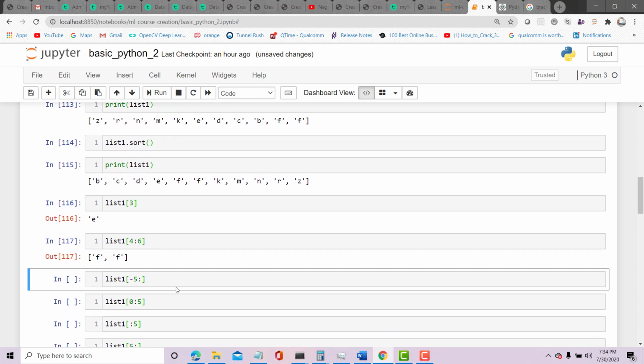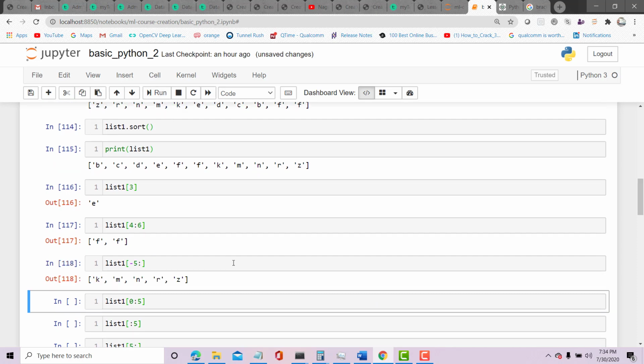Okay, let's say I want to print the last 5 items. It should be -5 colon. So I see the last 5 items, which is K, M, N, R, Z, are printed. I want items from 0 up to 4, which is 5 minus 1.